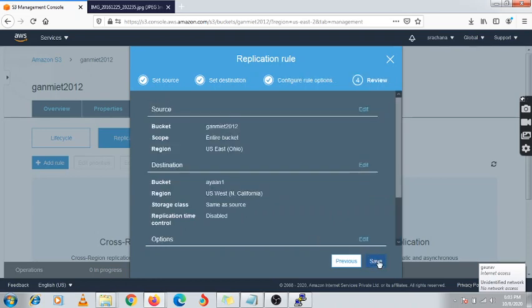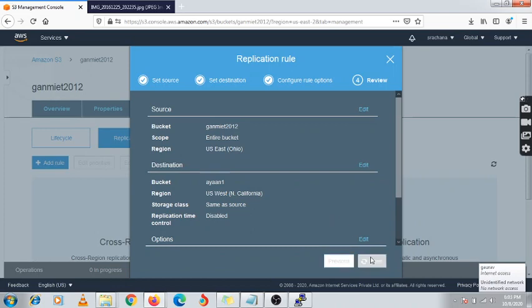Click on next. Now here you can see the source is the Ohio region and this is my destination, California. Whenever we upload data from the Ohio region to California, data will reflect, but from California to Ohio it will not reflect, right?